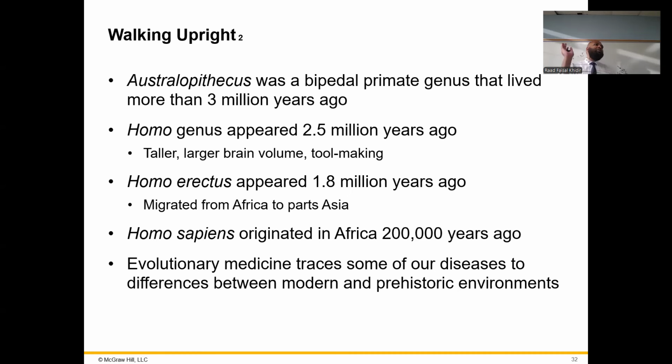The caveman was knocked out at 7 or 8 p.m., a very healthy lifestyle, waking up in the morning. But now people sleep through the day and work through the night. So that's the part of the study that looks at the differences between evolutionary times and the changes that happen now, and how that leads